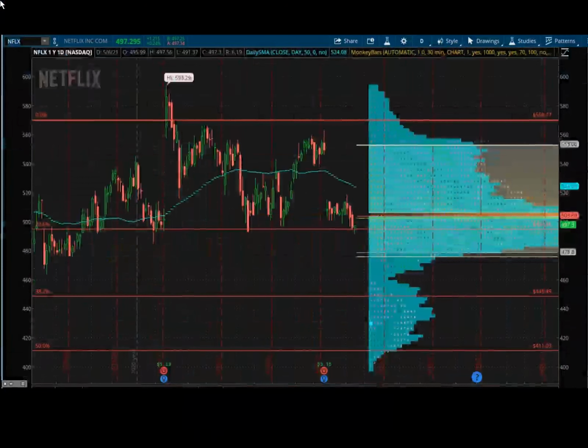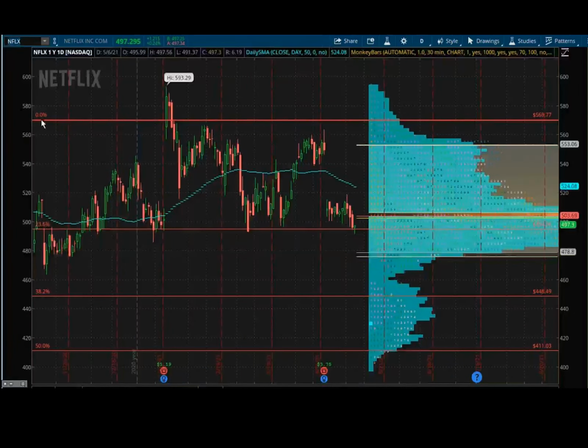Okay. Now here we can see it does have a tendency to every once in a while break above or below the support and resistance, but I'm going to say this is resistance and we've got support here, right? We've got an overall sideways trend, and right here I tested that support, popped back up and settled above it today. Now I took this snapshot really close to the end of the day. I don't know exactly where Netflix finished out, but if I'm looking at this pattern and I'm an aggressive trader,